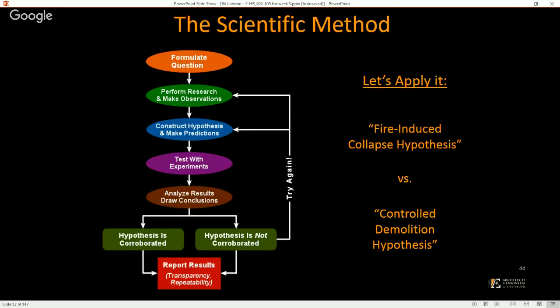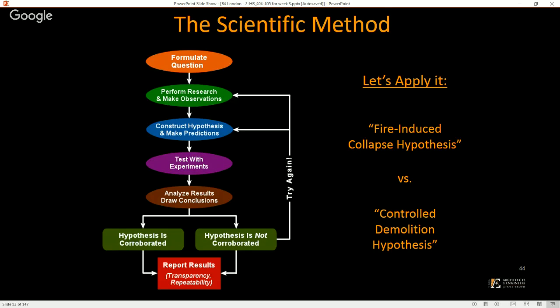How have other towers come down? These hypotheses are not subjectively excluded from our analysis. We take all the rational hypotheses, we lay them out, we look at them objectively, and we test them with experiments after making predictions. If this is true, maybe this would be true. Oh, let's test that. We analyze the results of all of this work, of course, and if the hypothesis is